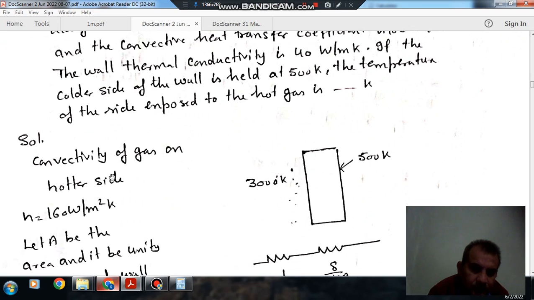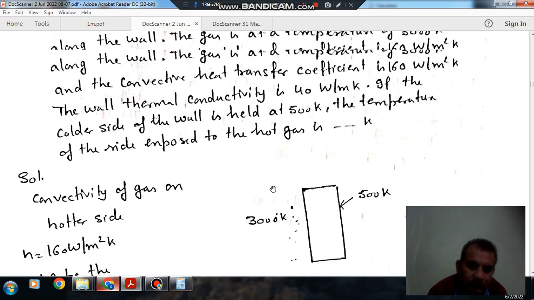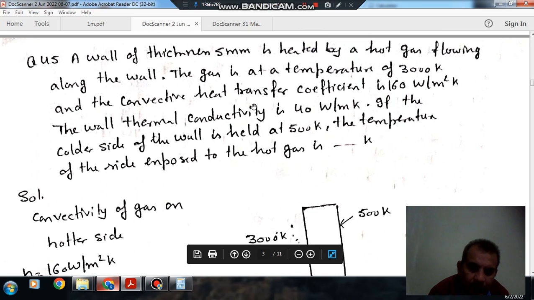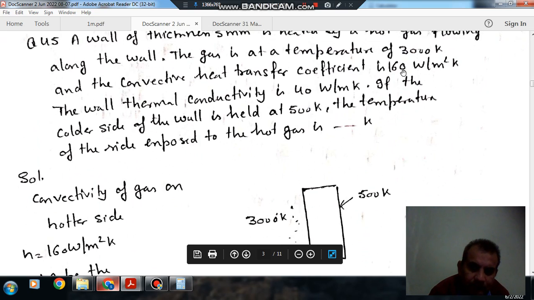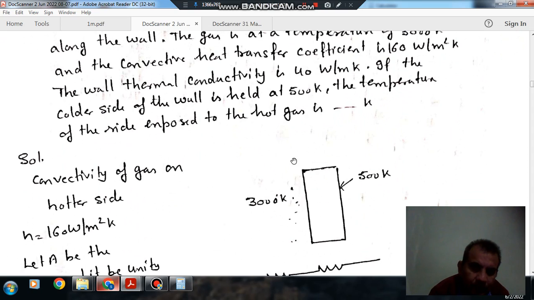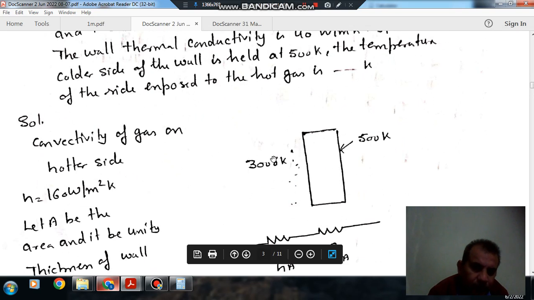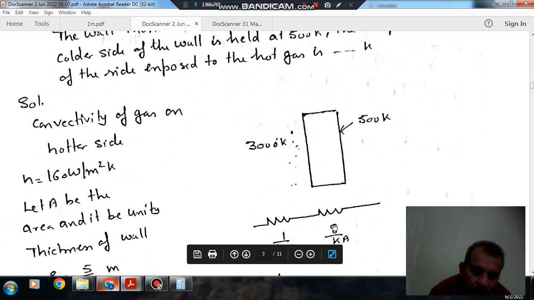So this is your 3000 Kelvin. The temperature of the gas is 3000 Kelvin, the convective coefficient is given as 160, and the thermal conductivity of the wall is 40. The temperature on the colder side is 500 Kelvin. So there are two resistances in it. One is the resistance due to hot gases, and the other is